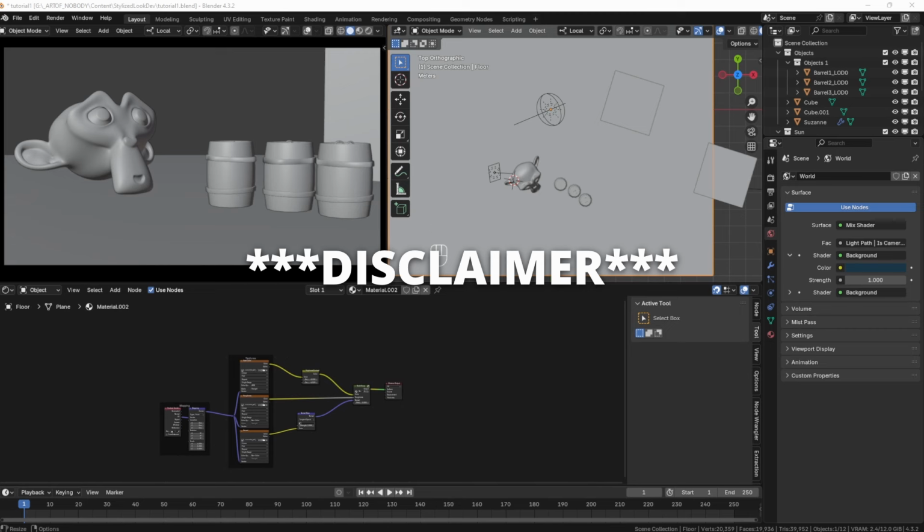Just a disclaimer, this tutorial is not really for beginners. I'm going to be brushing over a lot of concepts and shortcuts just to get it done. But if you go through slowly and copy all of my notes, you should be able to recreate what I